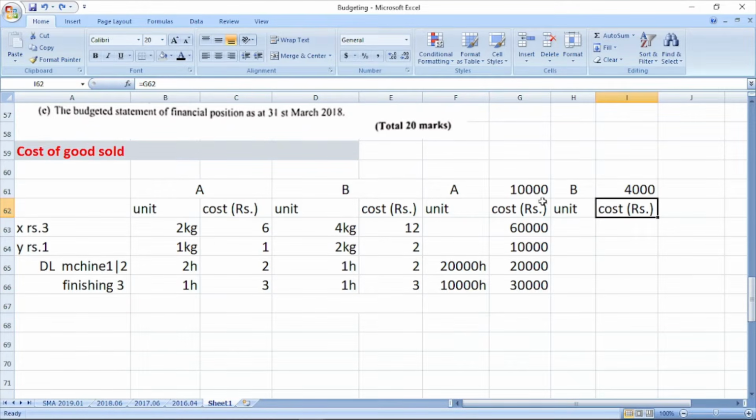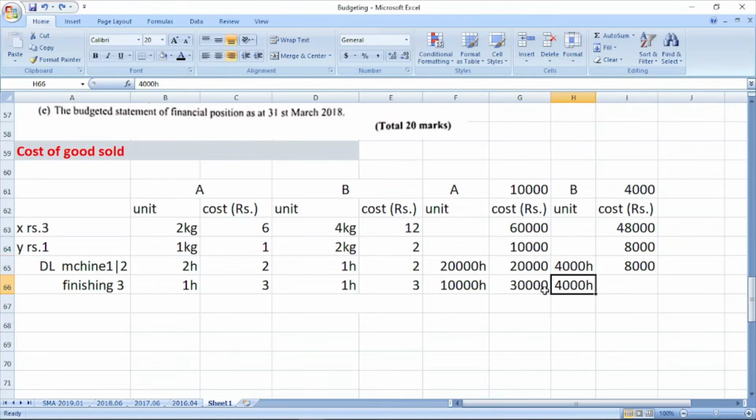We expect to produce 4,000 units of B. So X cost of B is 12 into 4,000, it is 48,000, and Y cost of B is 2 into 4,000, it is 8,000. Direct labor machine hours of B is 1 hour. 1 hour into 4,000, it is 4,000 hours, and the machine cost of B is 2 multiplied by 4,000,